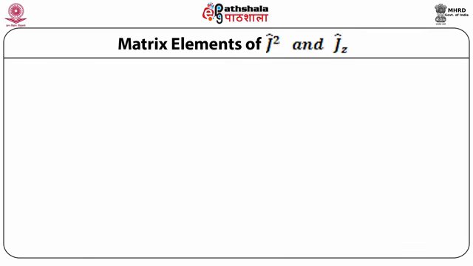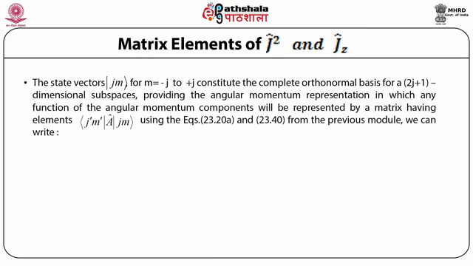Matrix elements of operator J square and operator Jz. Now we shall discuss the matrix elements of the operators J square and Jz, which are the operators of the angular momentum. So if we look at the state vector |J, M>, for M having values ranging from minus j to plus j, including 0, where M is the magnetic angular momentum number,